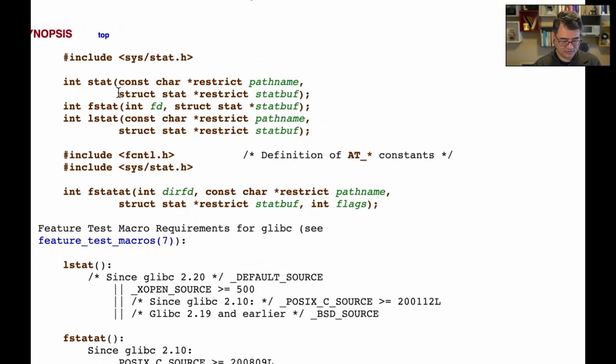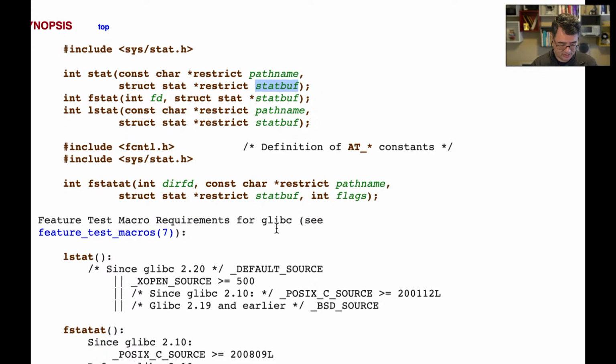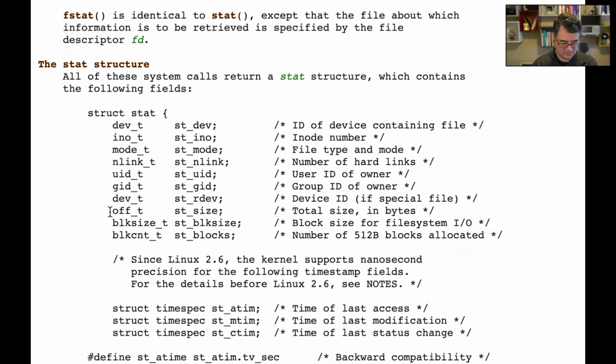So what we do is we call stat, we pass in the file name that we want to get information about, and we pass in a pointer to this structure, and then it fills it in, and then we can access the size from there. And it'll return it as an integer. It's more or less an integer. It's actually called an off_t, which stands for offset, because files could be bigger than fit into an integer. Oh, I see. Right. That makes sense. It's probably a long behind the scenes.